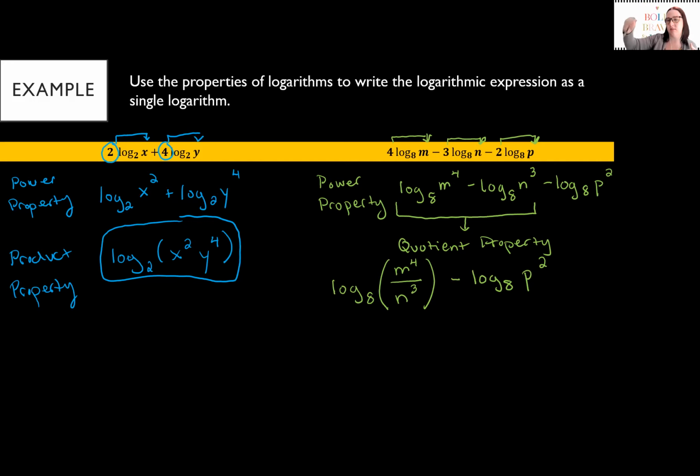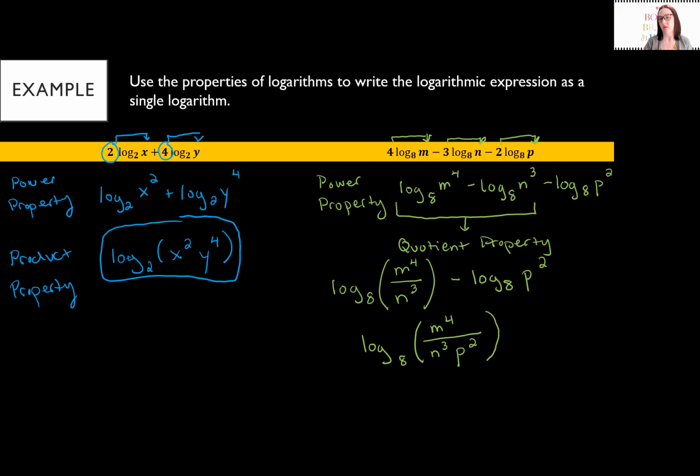So what this means is this minus the minus log 8 p squared, the p squared is going to be in the denominator, because it's after the minus sign, it's just going to be in the bottom along with the n cubed. So this is going to give us log base 8 of m to the fourth over n cubed